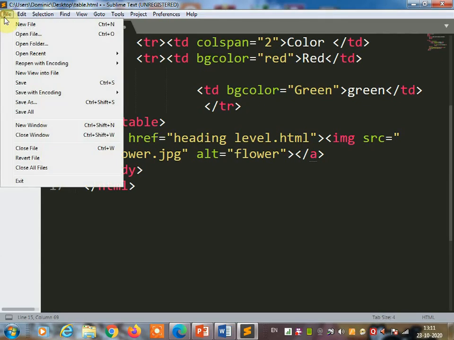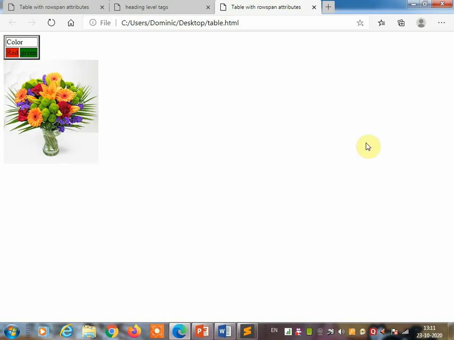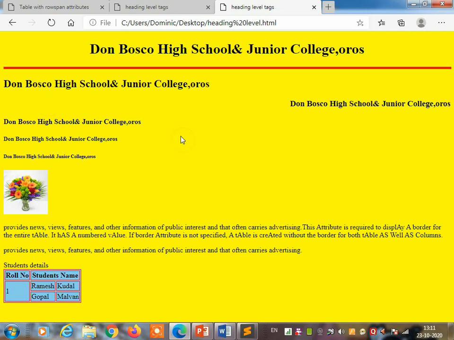Save the files once again and open in the browser and see the difference. Now here you got a link on the image. Before you saw it here as text, but now here is an image. Once you click on the image, that page will open. Now just click on the image and check. See, once you click on the image, you got this file.